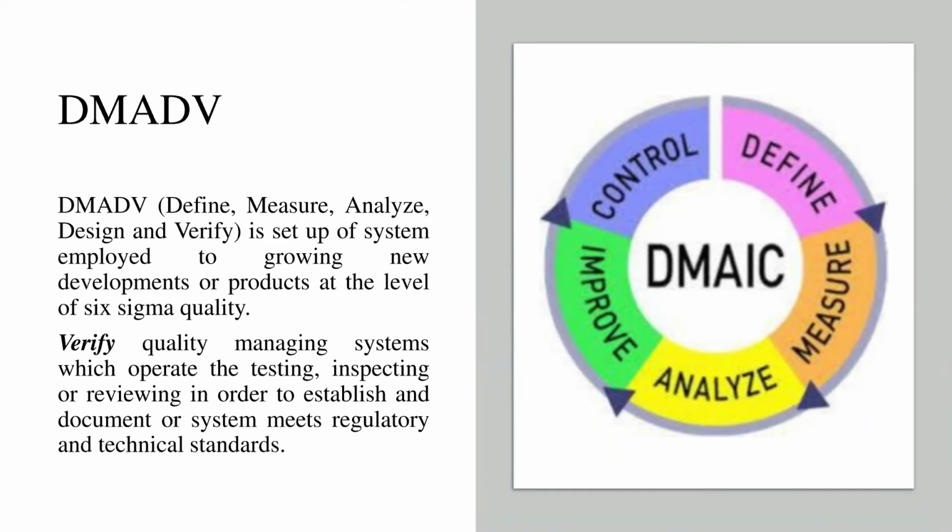The other concept of Six Sigma is DMADV. Now, how does it differ from the previous one? Here we are adding the design and the verification part, because the ultimate aim of DMAIC was to work on the existing project, to work on the improvements of the existing project, to remove the defects from the existing process. So in a way, it is a continuous improvement program. So here we are actually focusing on the improvement.